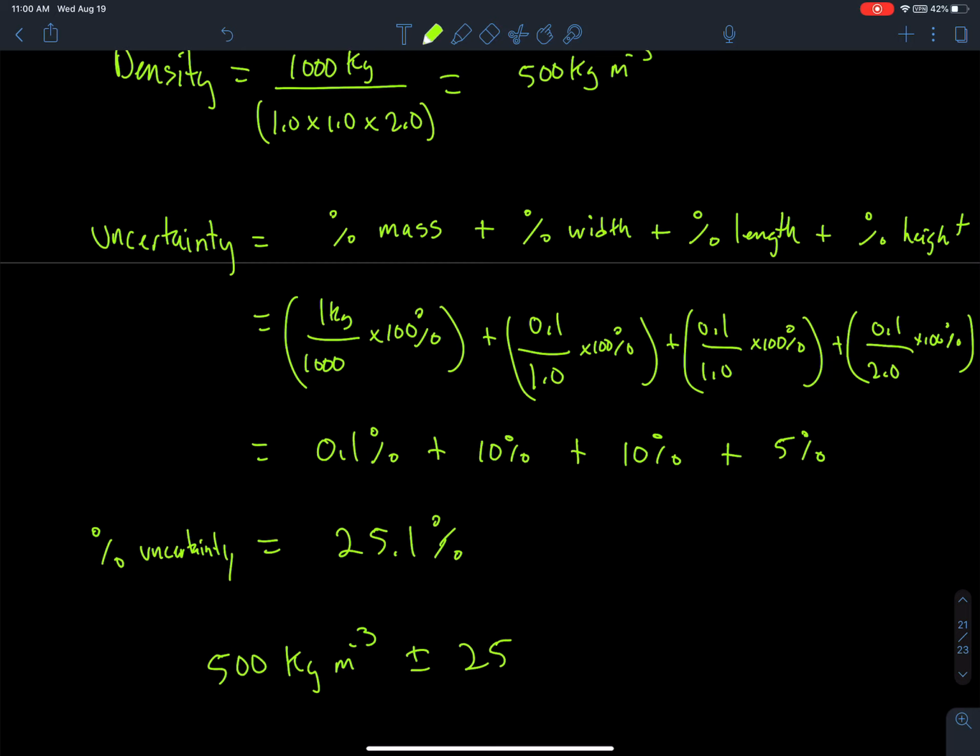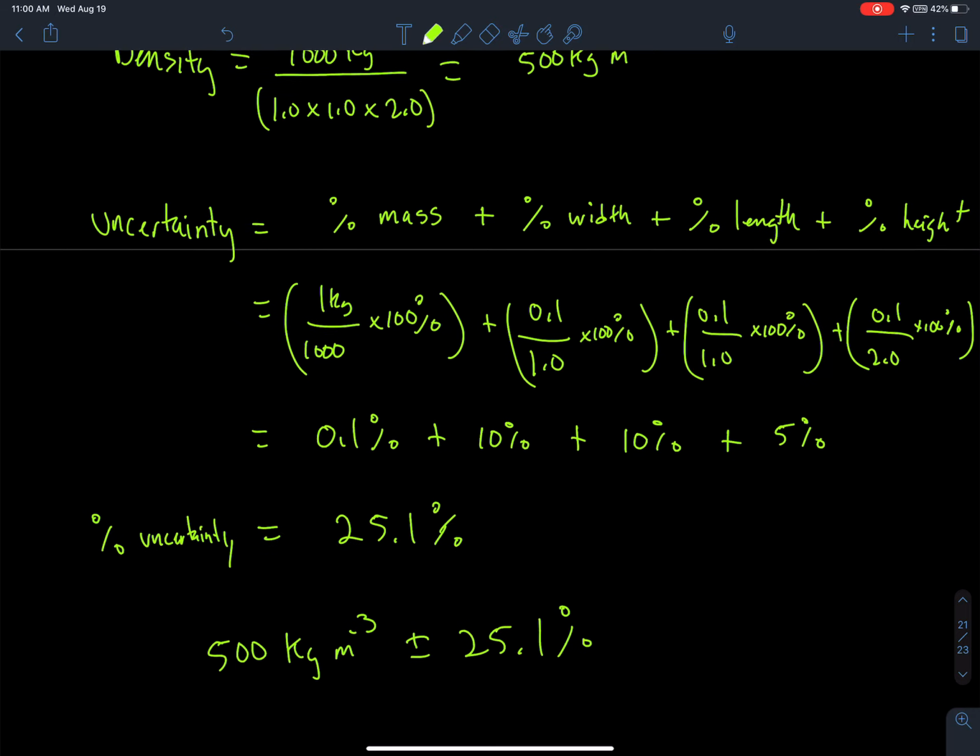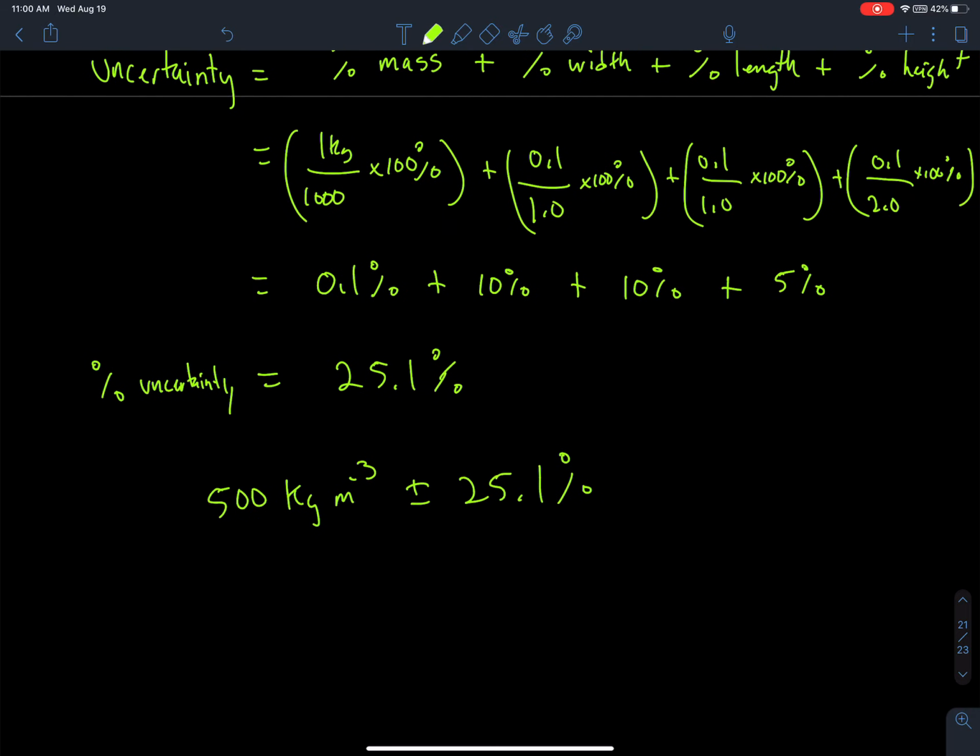plus or minus 25.1%. And if I want to report the actual value, I would have to take 25.1% times 500. So what would that be? So you multiply 500 by 0.251. Okay, so 500 times 0.251. Okay, I would have 500